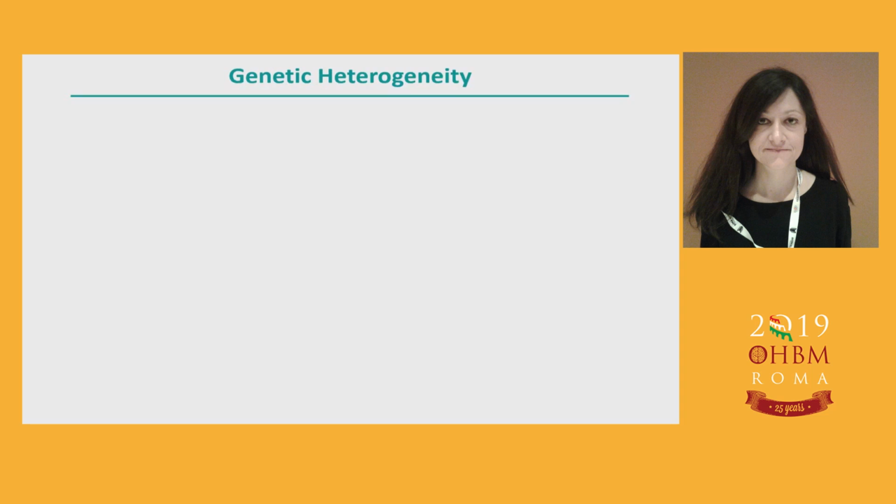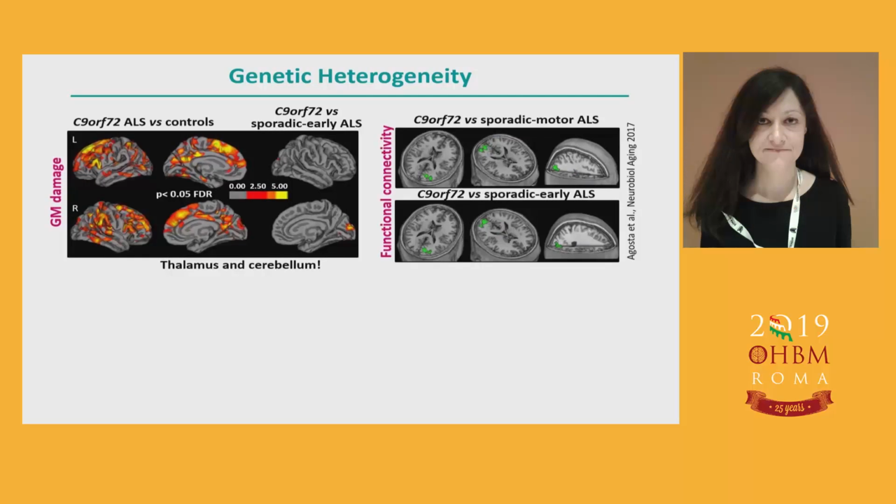The second major issue is not only to associate correctly the syndrome with the pathology, but also to understand which are the correlates of the genetic heterogeneity in these patients. I'd like to show you this example from patients with amyotrophic lateral sclerosis. ALS can be associated with different genetic mutations. The most important is a repeat expansion in this gene, C9orf72. And carrying this mutation is associated with a more rapid disease, with more frequent cognitive and behavioral symptoms in these